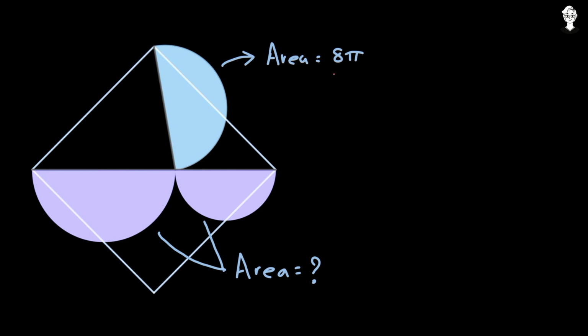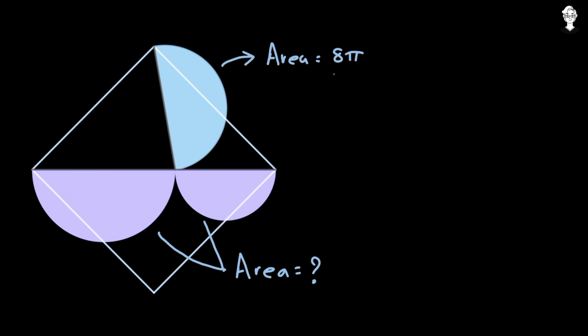So today we have a cool geometrical problem. The diagram is on the screen. Now the point to be noted over here is that the particular quadrilateral that you can see is a square and all the other three are semicircles, out of which the area of the blue semicircle is 8 times pi. Now the question over here is to find the total area of the semicircles that are on the diagonal of the square. So this is Anmol Mishra, and now let us see the solution.